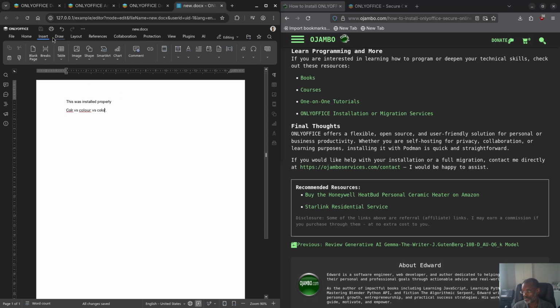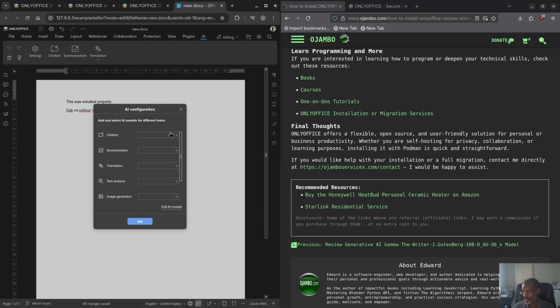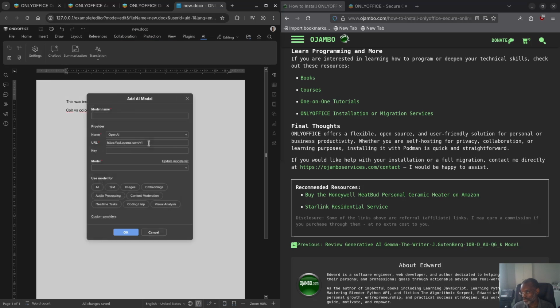And obviously you can see here, you can insert, draw, layout, references, collaboration, protection, view, and AI. So with AI you can go to settings. Again, this is similar to the admin. If I click add AI model, it will ask me who the provider is. So for example, Google Gemini, Anthropic, XAI, Stability AI, DeepSeek, Mistral, all these, Ollama, as I was saying,